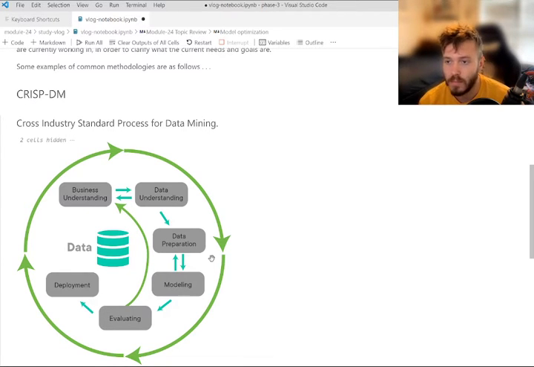Modeling is where you're building your model, fitting your regression line, going back and selecting features, optimizing it, building your model again. You can argue that feature selection is part of your data preparation. So you've got to go back and forth here. They've got a couple of arrows here on purpose. You go back and forth pretty frequently, and then once you get a model that you're happy with, then